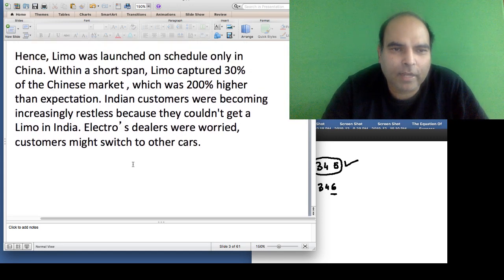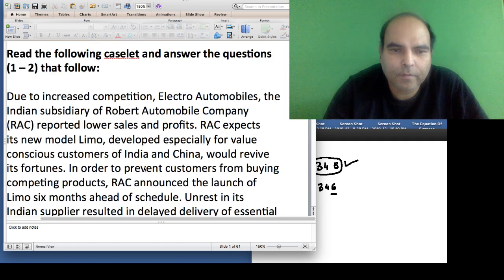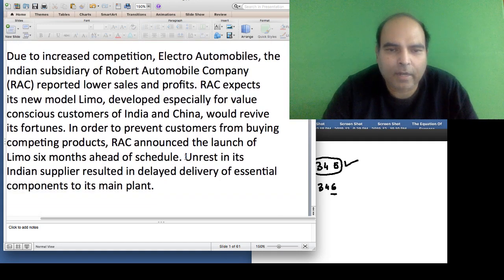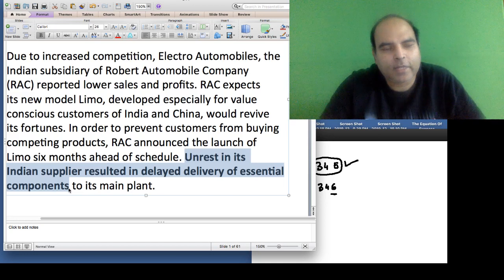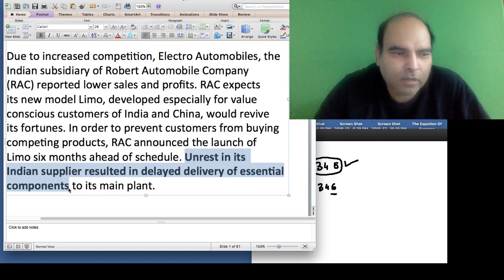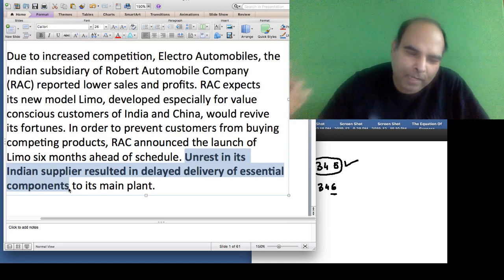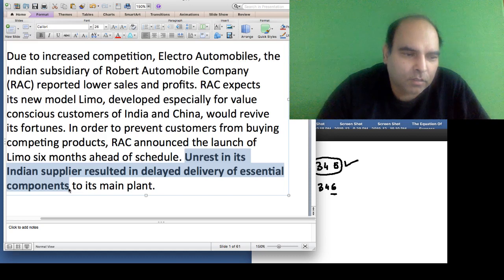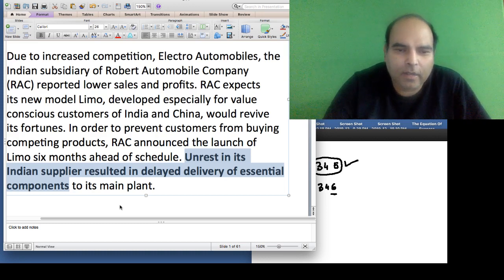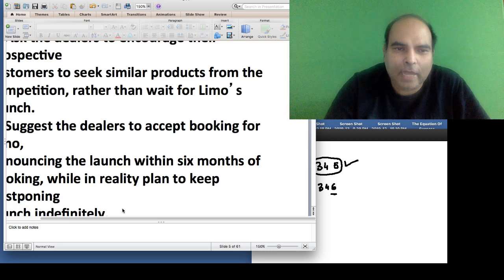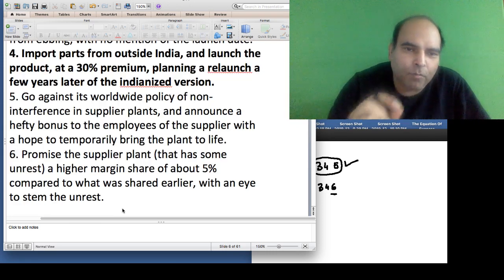The case has very clearly said that unrest in its Indian supplier resulted in delayed delivery of essential components. So when unrest happens in a supplier's factory, what happens? Unrest will happen within the management or in the workers. Obviously, the workers. Unrest will obviously happen inside the workers, and 5 is directly offering workers a bonus,